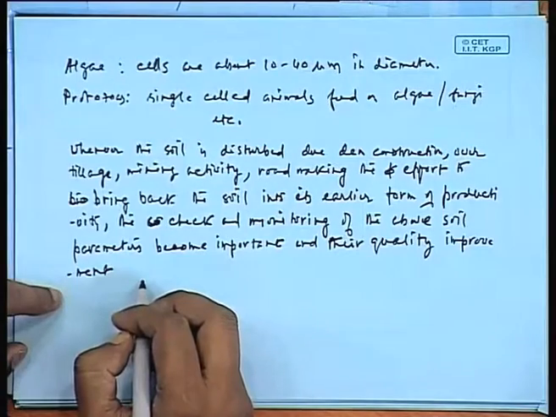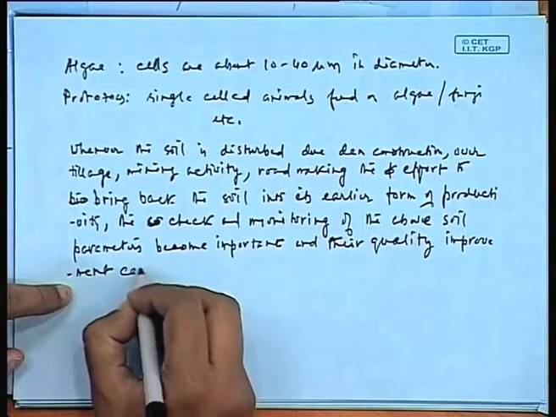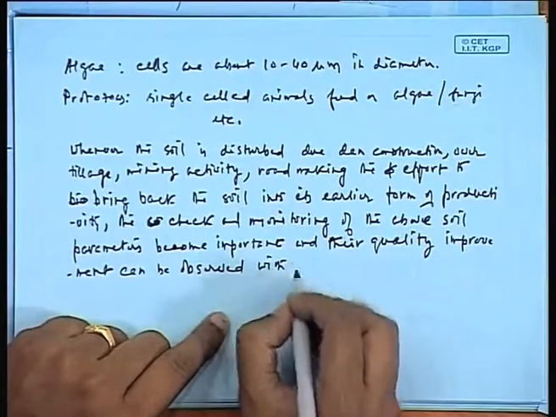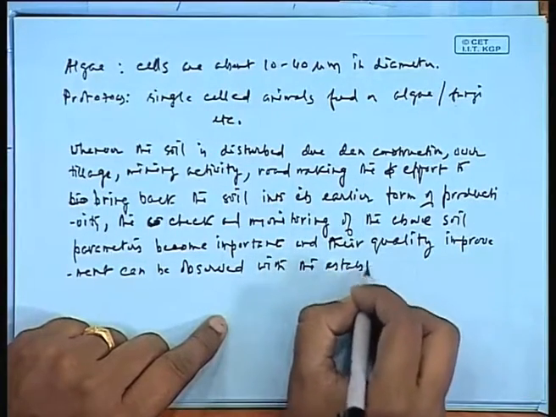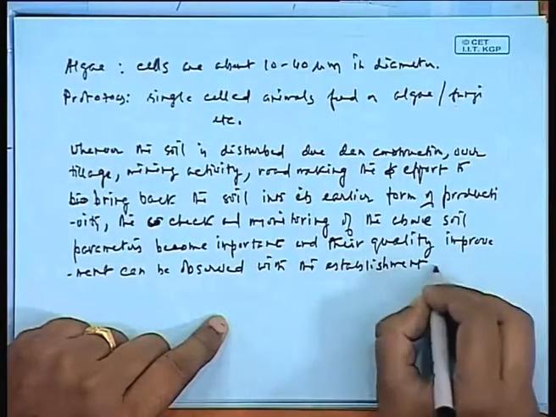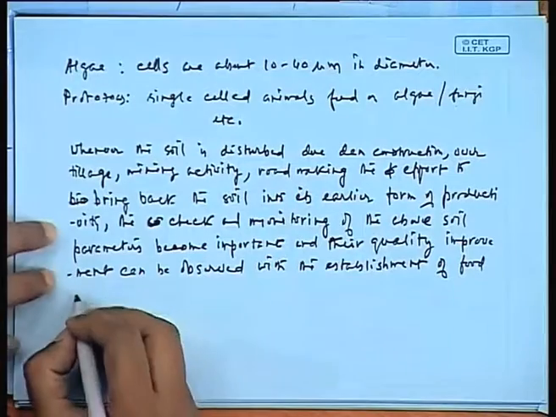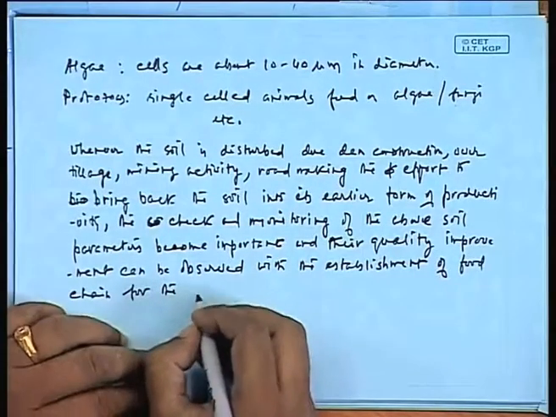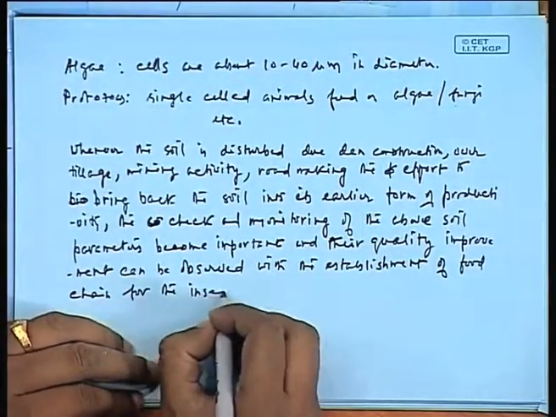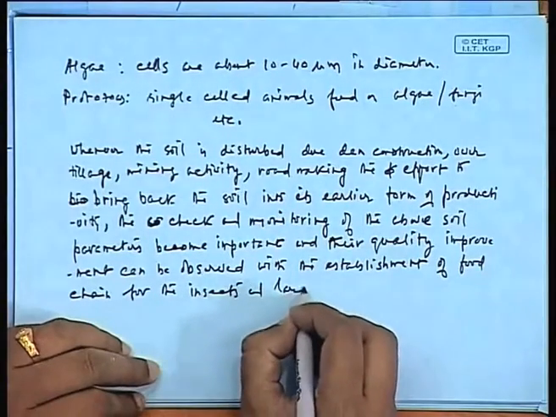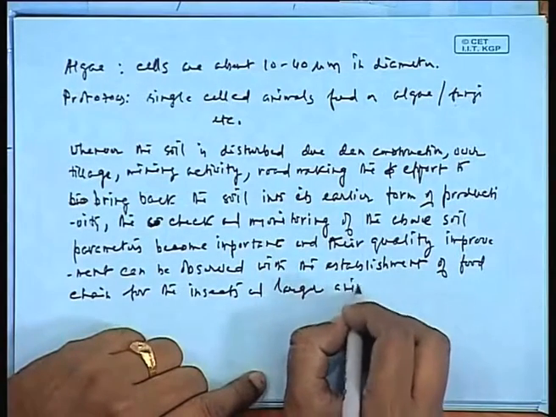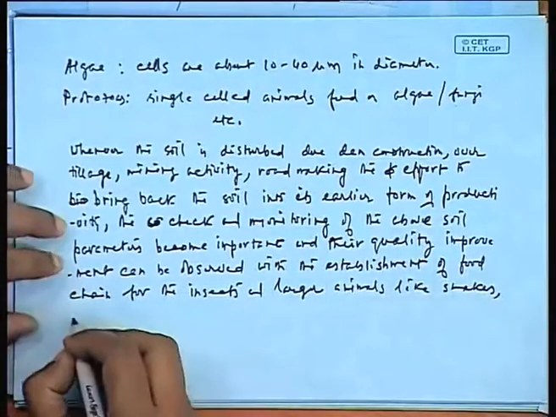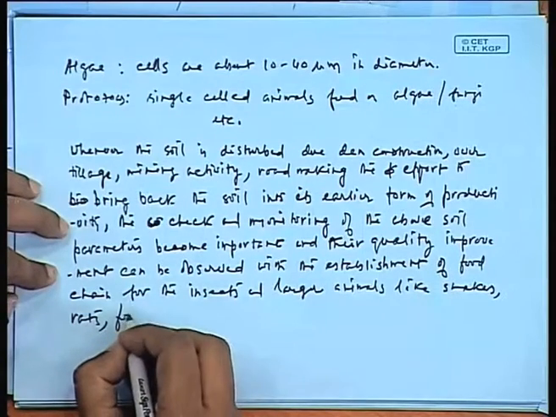Their quality improvement can be observed with the establishment of a food chain for the insects and larger animals like snakes, rats, foxes,